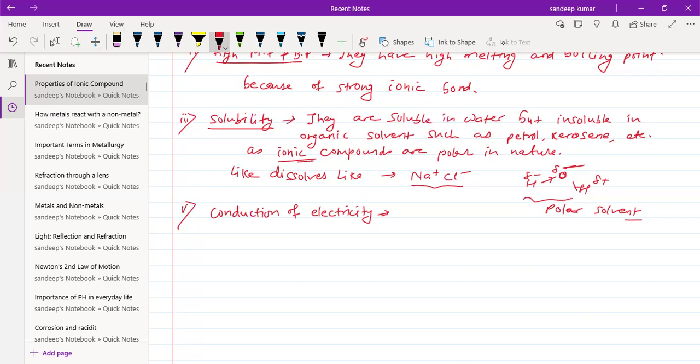So you can say they are good conductors of electricity in liquid or molten state,